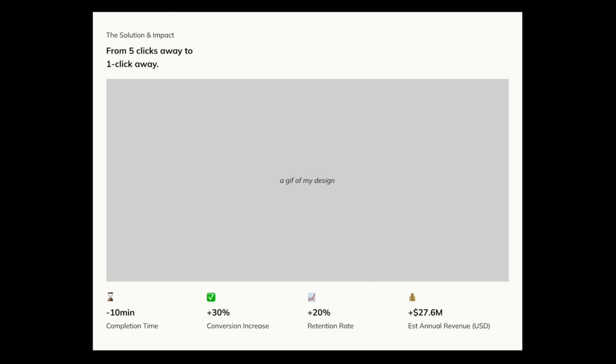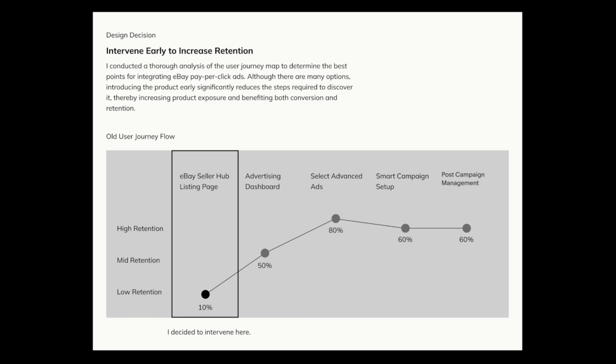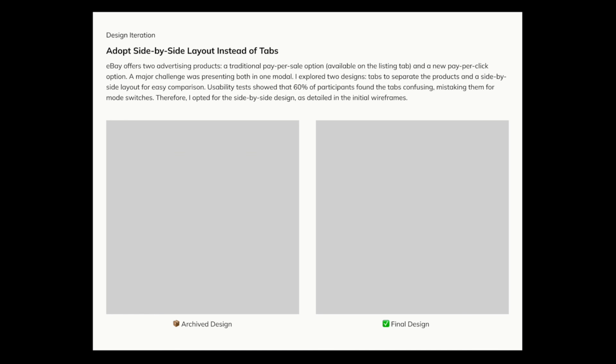There's no need to show every step chronologically, like user interviews, card sorting, personas, problem statement, user journey, user flow. No. Focus on showcasing your strengths, design iterations, and your project impact. If you didn't do certain steps, or if you didn't do certain steps very well, you can simply just leave that out, or rephrase it in a way that showcases how you work within constraints.